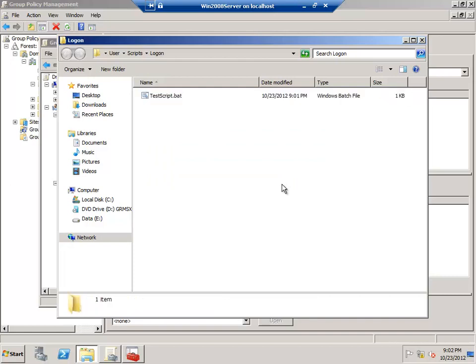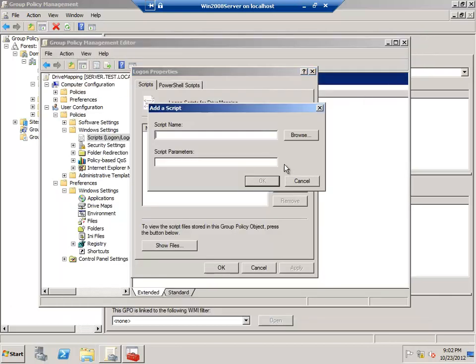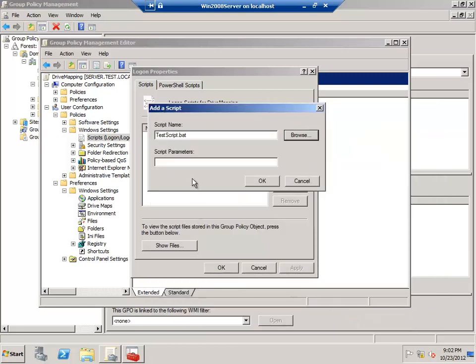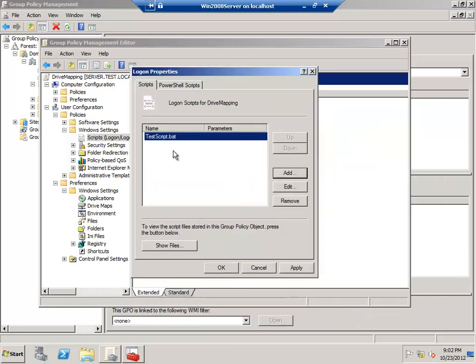And we're good to go. Now that can run as a login script. And we can browse for it. So at that point, we're now telling it, for everybody that logs on to the domain, you should run testscript.bat. Now, I'm actually going to cancel out of this so it doesn't save the setting, because I've already set up